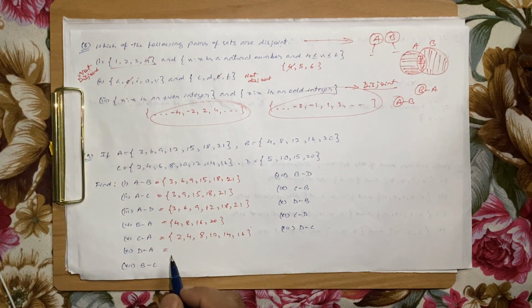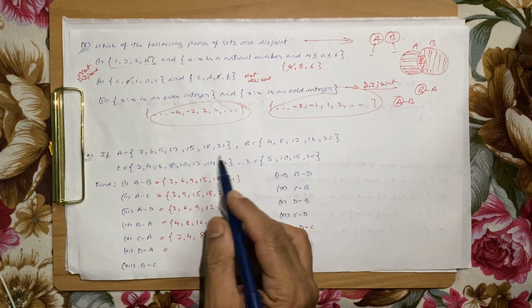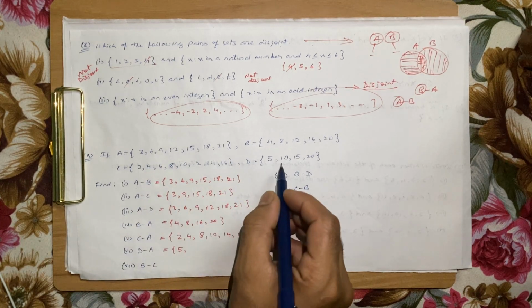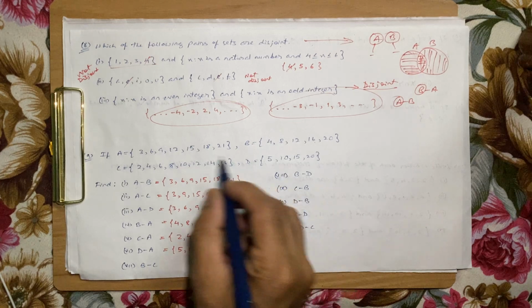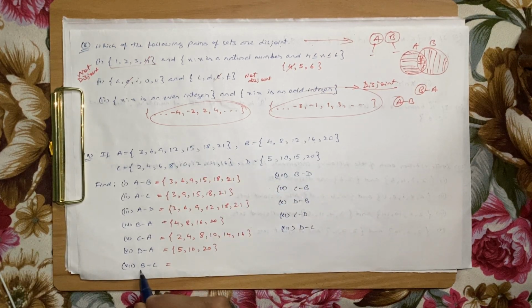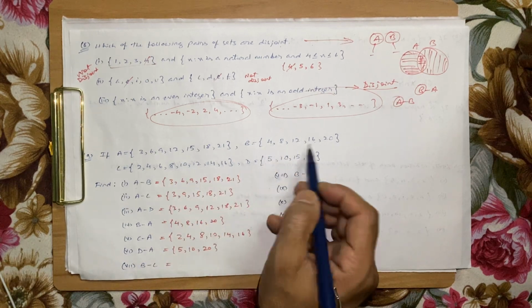Okay, D minus A, elements that purely belong to the set D and not to the set A. 5 is not there, so I'll include 5. 10 is not there, I'll include 10. 15 is there, I'll not include 15. 20 is not there. Okay, B minus C, B and C, elements that purely belong to B and not to